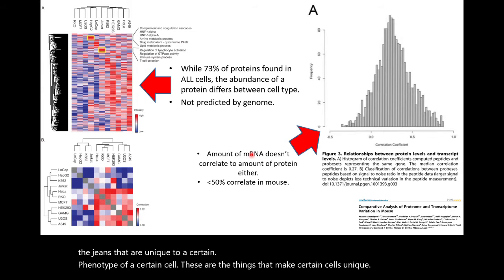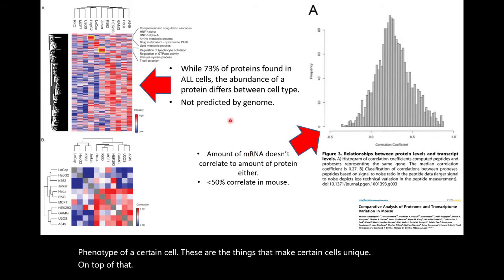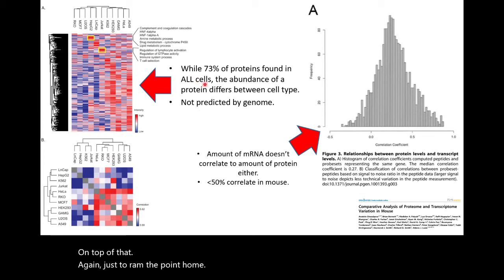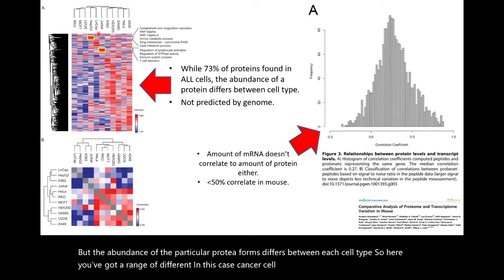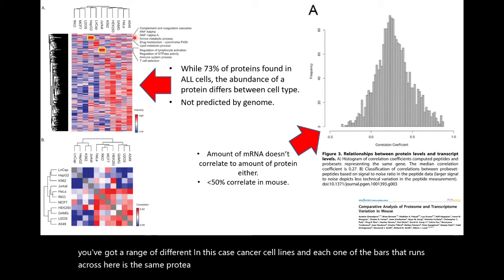On top of that, again, just to ram the point home, we find that 73% of proteins are found within all cells in this particular analysis, but the abundance of the particular proteoforms differs between each cell type. So here you've got a range of different, in this case, cancer cell lines, and each one of the bars that runs across here is the same proteoform. And what you can start to see is the different colors are the expression level, the abundance level of these